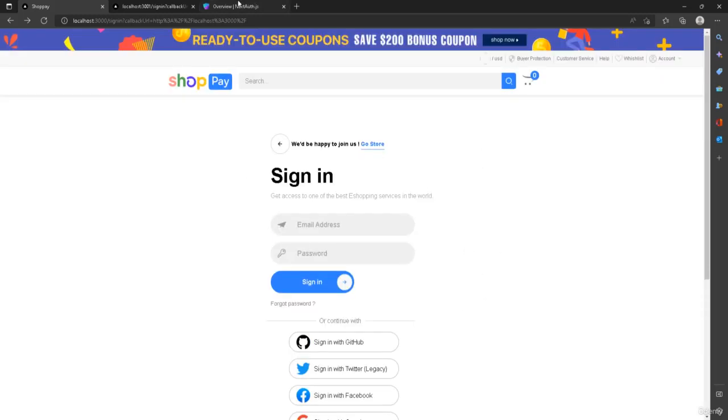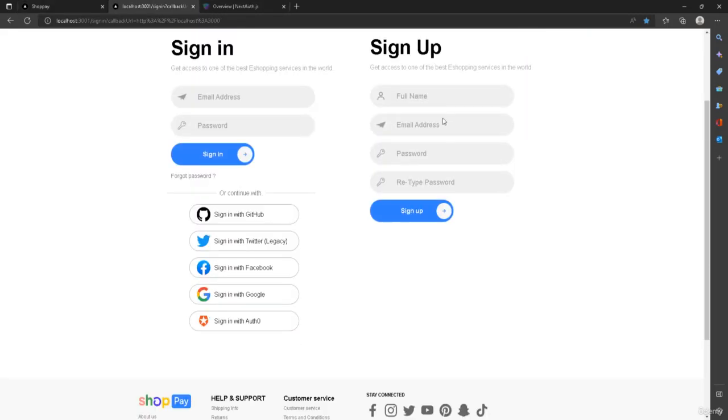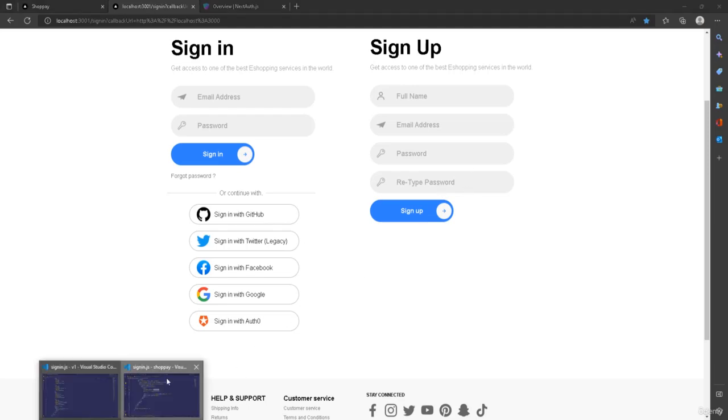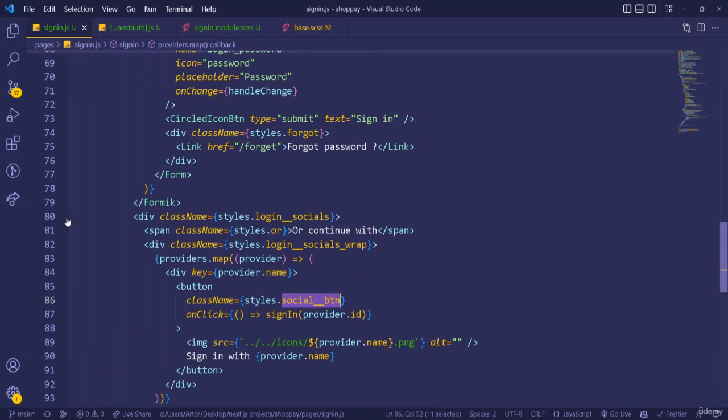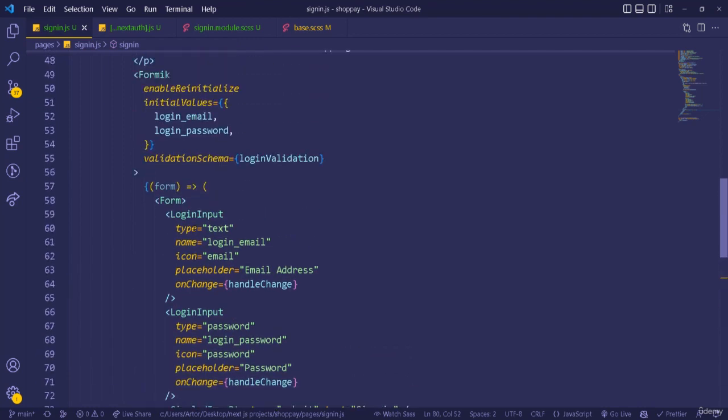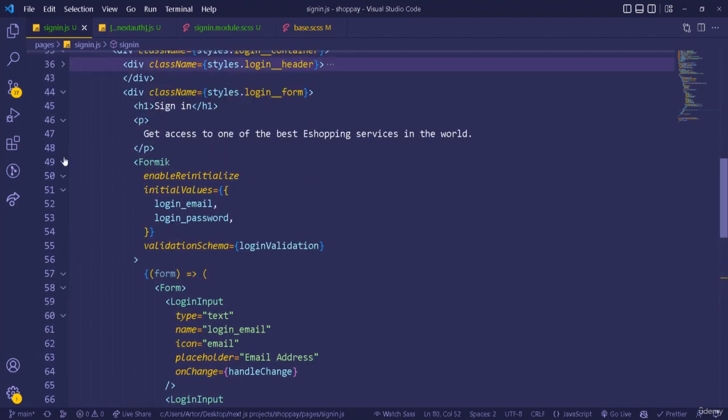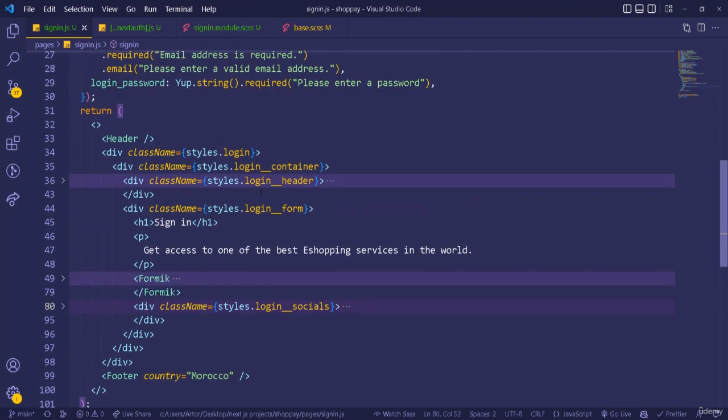So now let's work on the second form. This is the information that you need: the phone name, the email address, password, and then the confirm password. So what you can simply do is let me close the socials, and then let me close the form right here. And what I'm gonna do is take the full container, and then I'm gonna copy it,